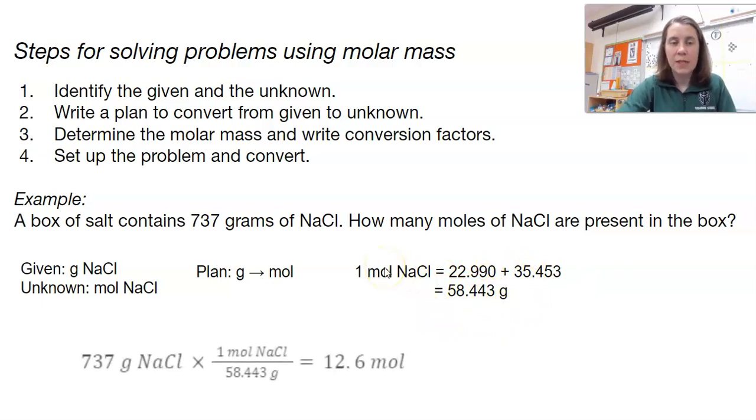And then this time when we set it up, again, grams in the front because that's the number given in our problem. Since we're trying to find moles this time, the 1 mole goes on the top, and the number of grams that's in a mole, or the molar mass, goes on the bottom. All right, since that number is on the bottom, it would be 737 times 1, and then divided by the